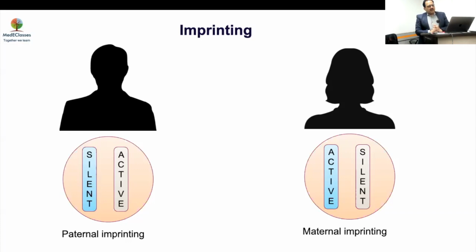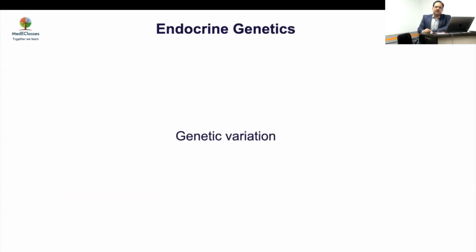Now, what are the other imprinting disorders, Pratik? Prader-Willi and Angelman, Beckwith-Wiedemann. So Beckwith-Wiedemann, Russell-Silver, Prader-Willi, Angelman, and pseudohypoparathyroidism, and more from an endocrine perspective, transient neonatal diabetes and SDH-associated paraganglioma. So imprinting is a very, very important mechanism we need to understand from a pediatric endocrine perspective. A lot of diseases are there.